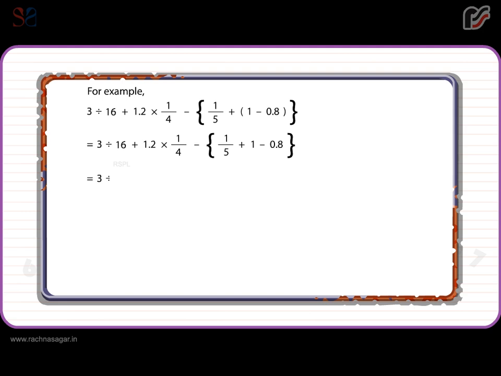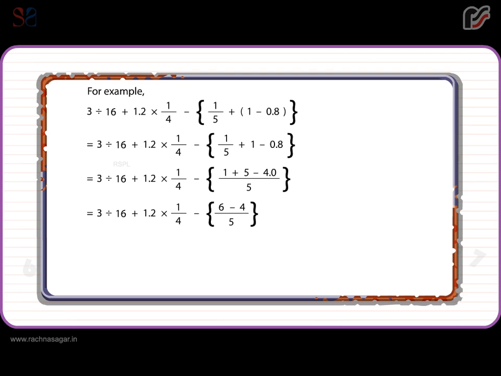is equal to 3 divided by 16 plus 1.2 multiplied by 1 by 4 minus {(1 plus 5 minus 4) divided by 5} is equal to 3 divided by 16 plus 1.2 multiplied by 1 by 4 minus {(6 minus 4) by 5} is equal to 3 divided by 16 plus 1.2 multiplied by 1 by 4 minus {2 by 5} is equal to 3 divided by 16 plus 1.2 multiplied by 1 by 4 minus 2 by 5